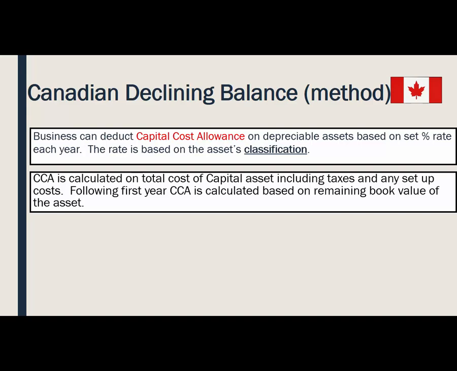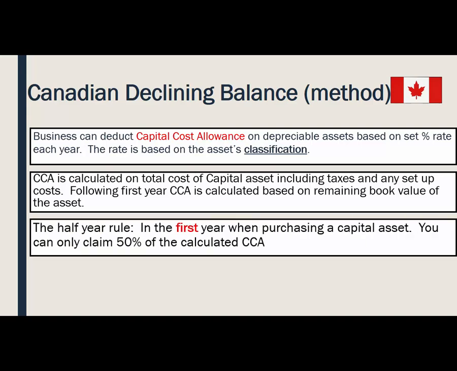So at the end of year one, your asset will not be worth the same as it was previously because you have deducted some of the expenses. It is now worth less. Well, the next year, in year two, you won't start with the original value of that capital asset anymore. You will always start with the value that is at that moment in time. So the end of year one value for that capital asset becomes the beginning of year two value for that capital asset, or the undepreciated capital cost for that asset.